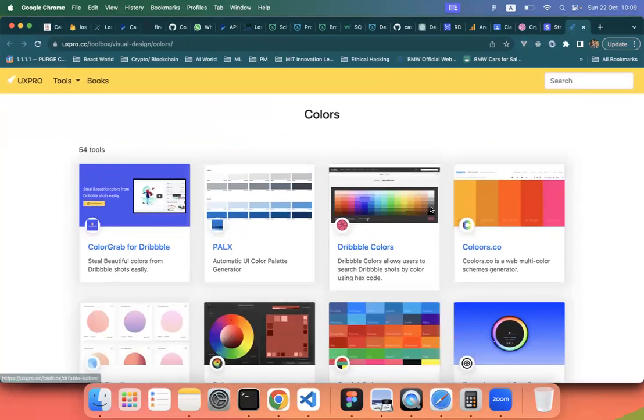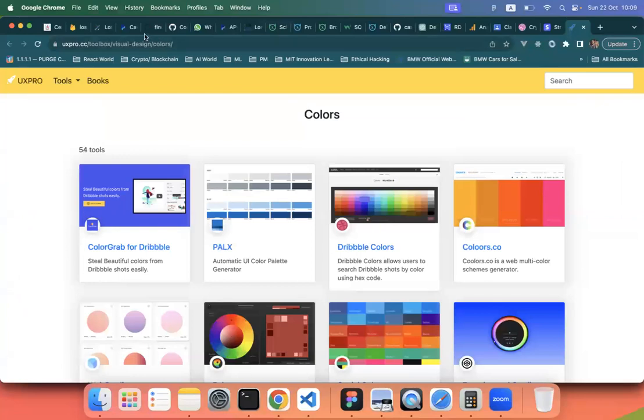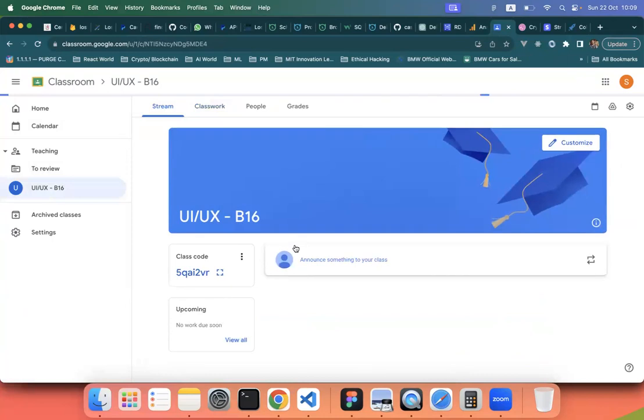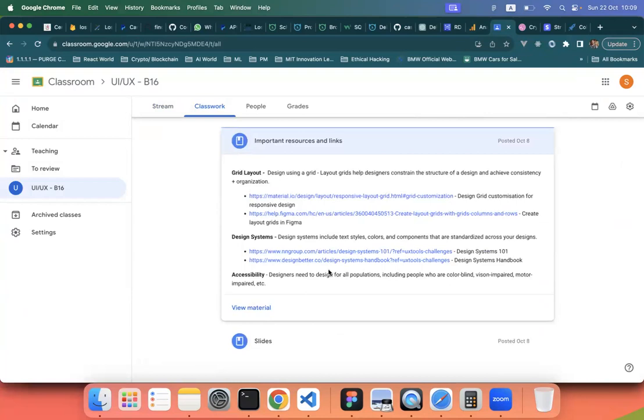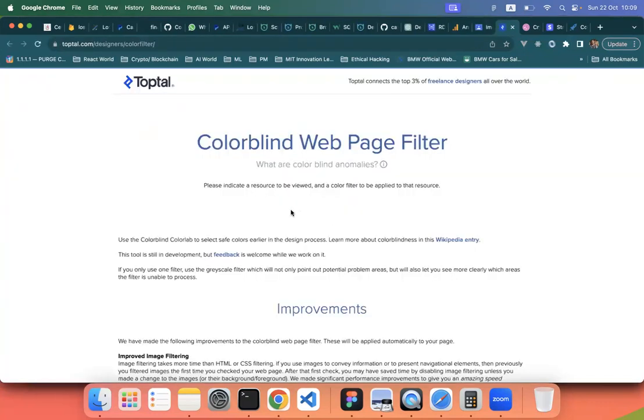you can select different colors and check the contrast ratio of these different colors. And I have added accessibility guidelines in our Google Classroom as well. If you go to the first week, yeah, here, if you go to these two, you can select, let's say we are going to